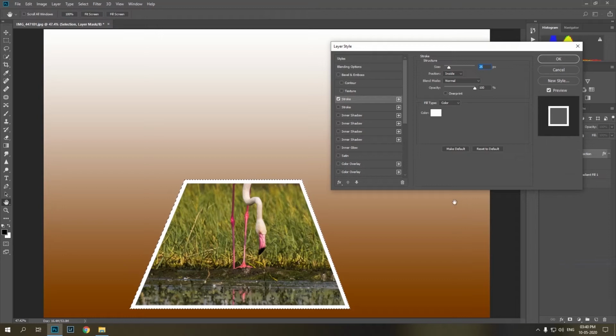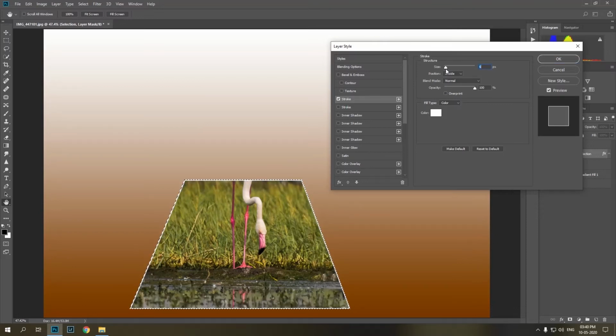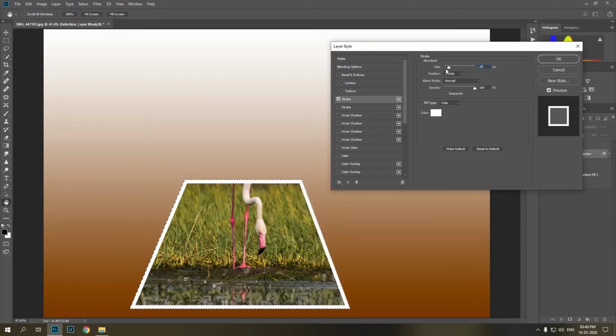Inside the Layer Style dialog on the left hand side, you will find that the option of stroke is already selected and has a tick mark. On the right, choose size as 20 pixels, position inside, and do not forget to change the color to white. Leave rest of the settings as they are and click OK.